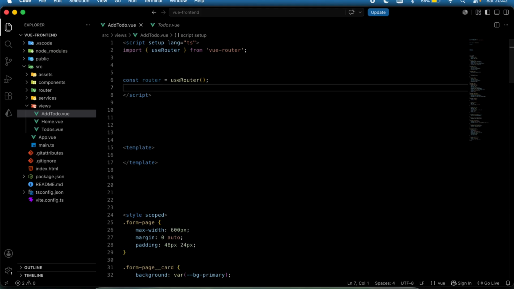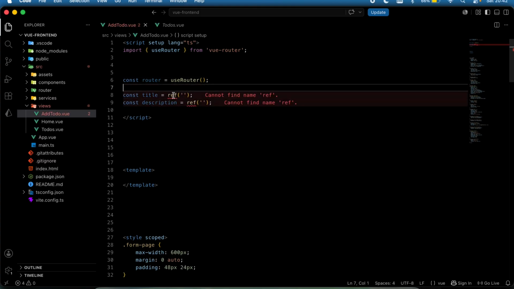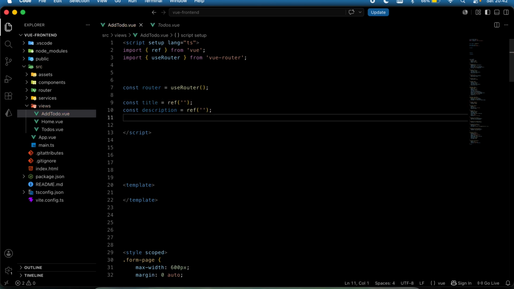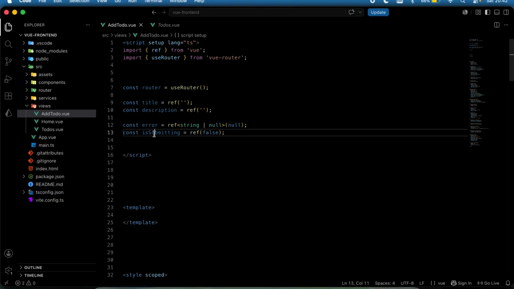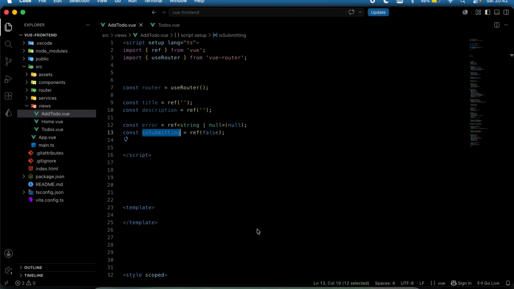Now I'm going to have my title and description, which are going to hold the values the user is typing in. Again, we're using ref, which is going to help us manage our state data, importing it from Vue. And then I'm going to have one to hold our error, and then isSubmitting. This is going to help us display, let's say, submitting,